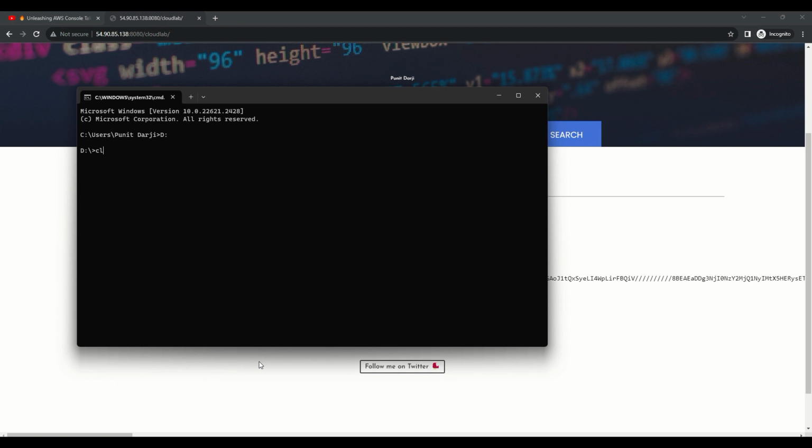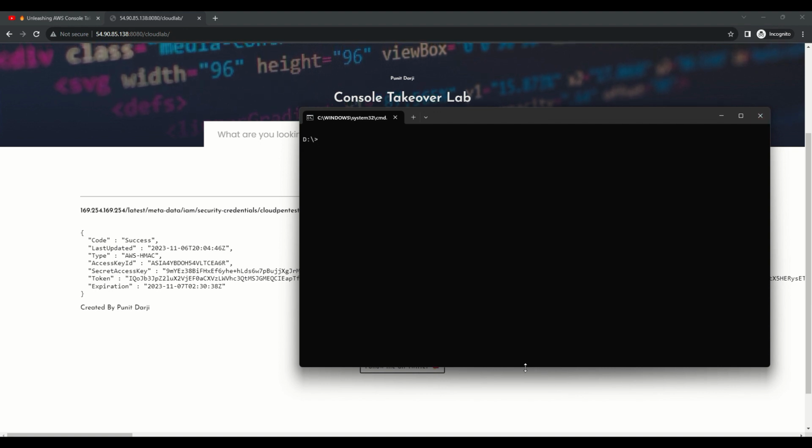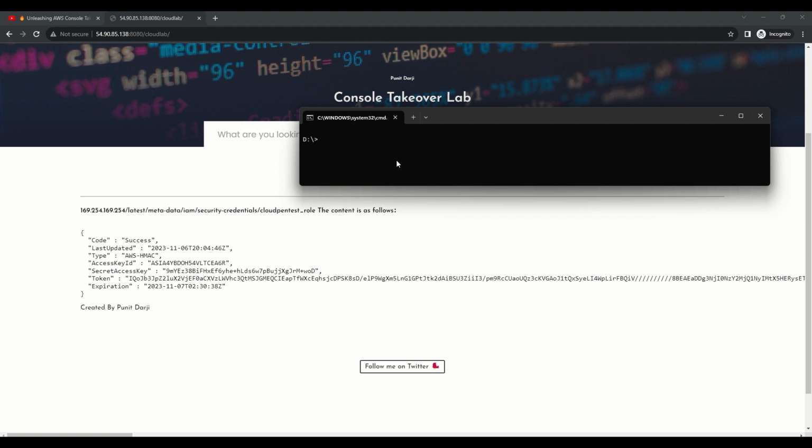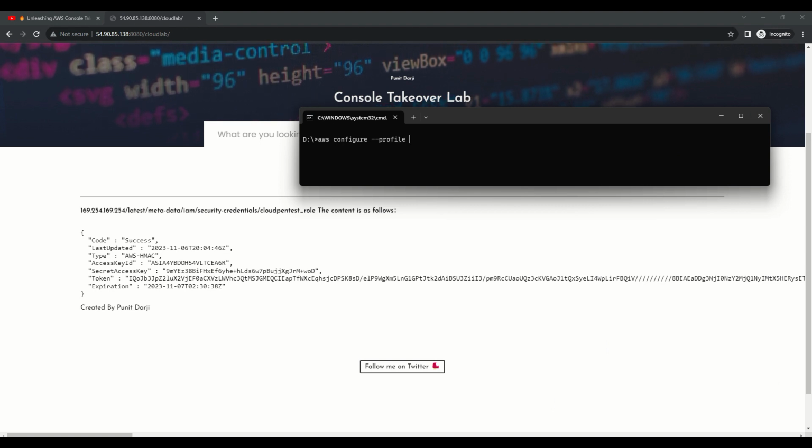Let me clear the screen and pass the command. Let me make it smaller. So you will get the AWS configure. I am configuring the profile, and here I am giving the name of the profile as snapshot takeover,